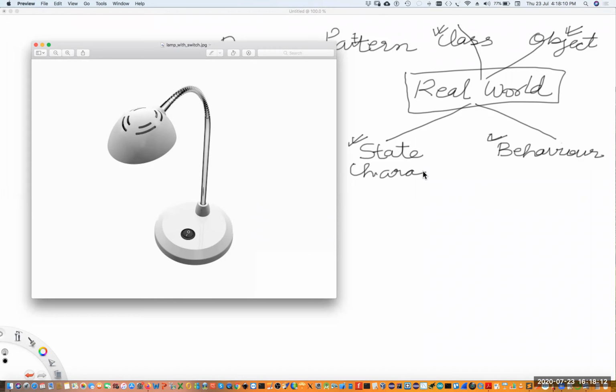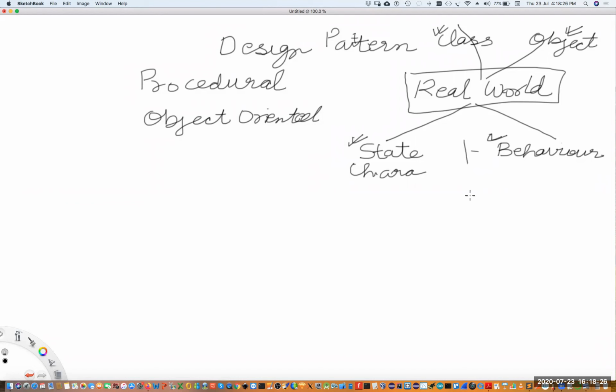Now, depending on your real world object, I can say my state is either it is on or it is off. Do you people agree with me? Either it is on or it is off. So that means the state is either on or off. And if I look at a behavior of this,